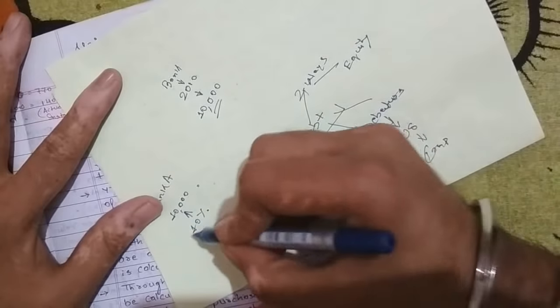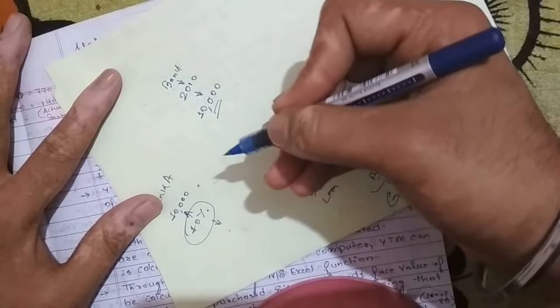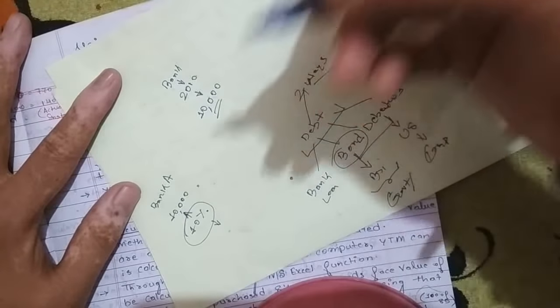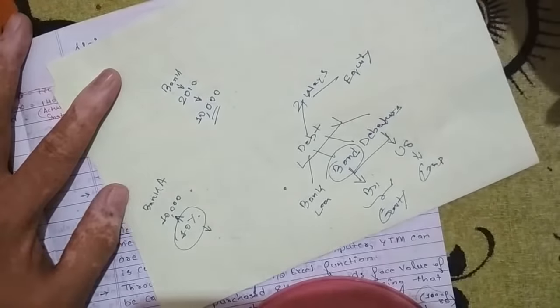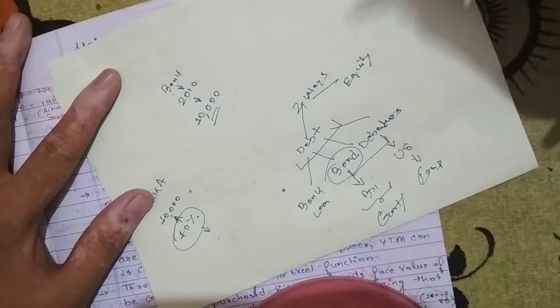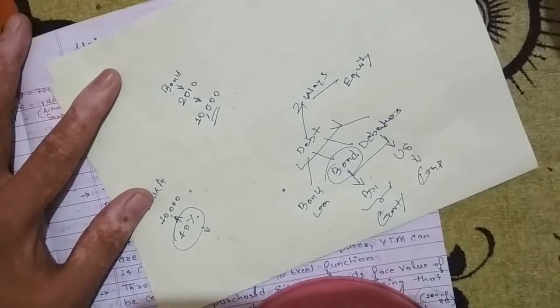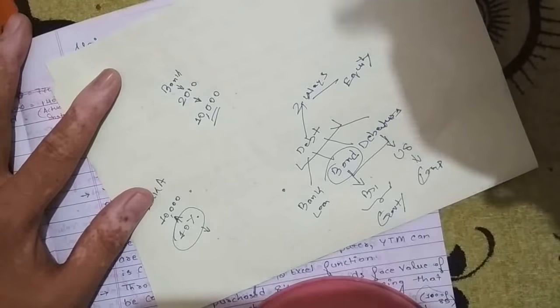This 10% you will earn every year, and at maturity you will get the whole amount. Unlike a fixed deposit, where you deposit the money and get the interest plus the total amount